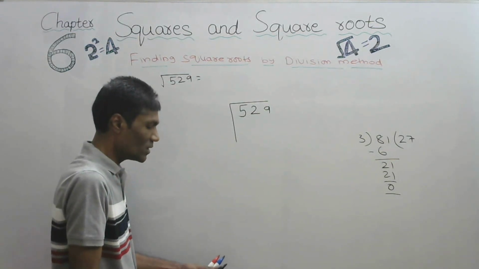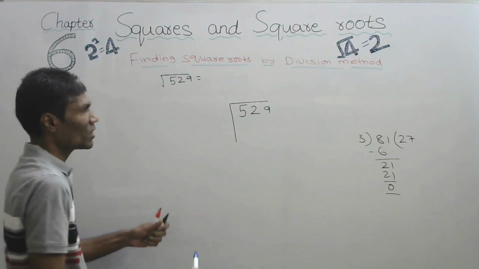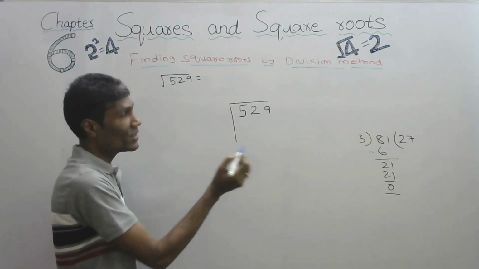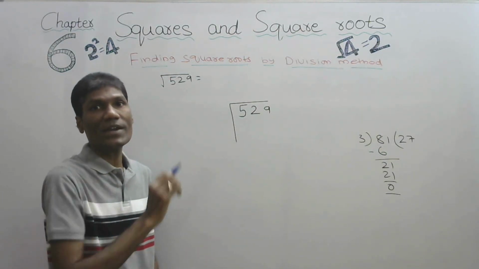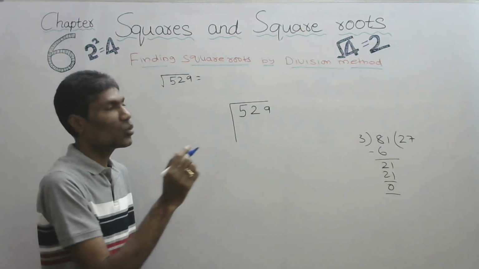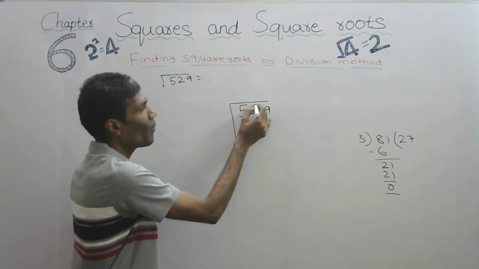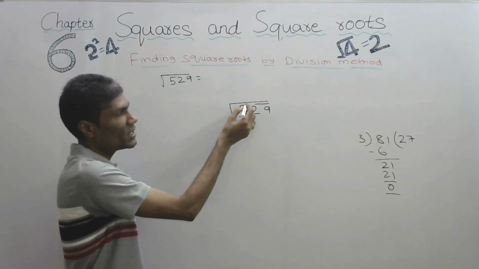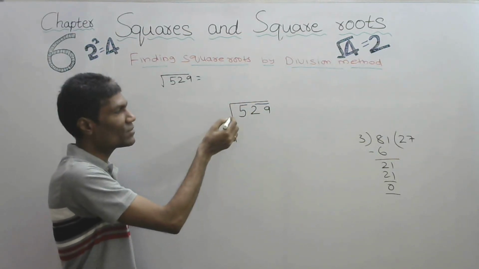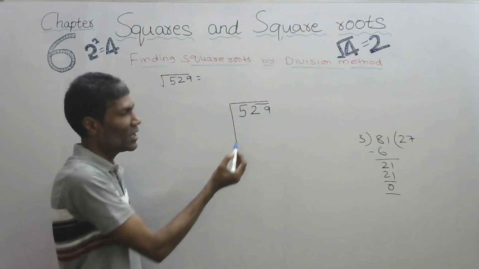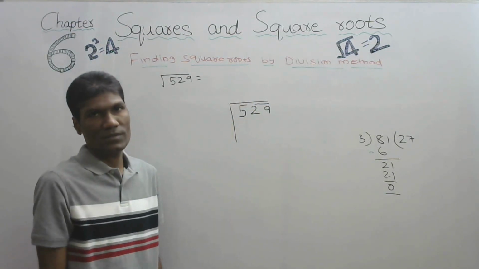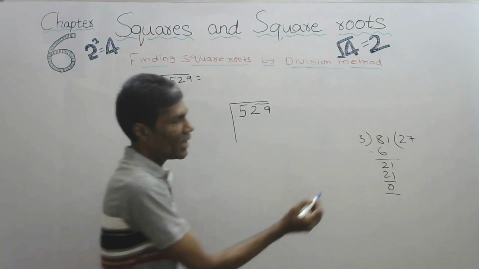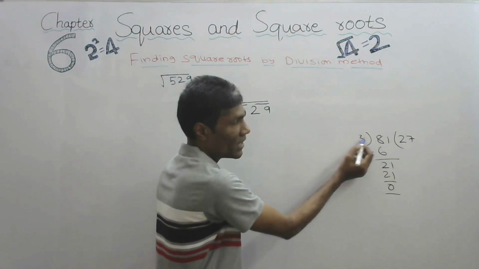The same process we will apply here. So in the first step, for the numbers from the right side onwards, we will pair them up. That is, for every 2 digits, we will put a bar like this. If there are 2 more digits, 1 more bar. For the last one, if 2 are there, it's okay. If there is only 1, let it be. Now what is left here? 5.